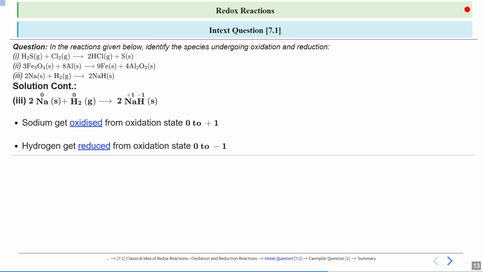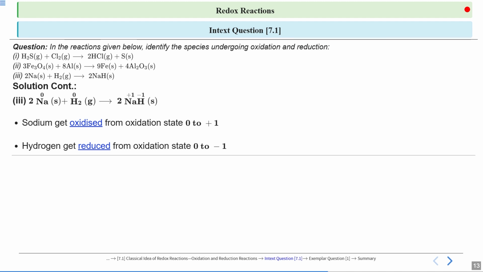You can also understand a most important concept here, as it is a very simple reaction. In sodium and hydrogen, what has happened? There is the exchange of electron of only 1. That means the total electrons that would be lost in a reaction will always be equal to the total number of electrons that would be gained in a chemical reaction. And that particular loss and gain of electron in a chemical reaction would directly be considered as a redox reaction.